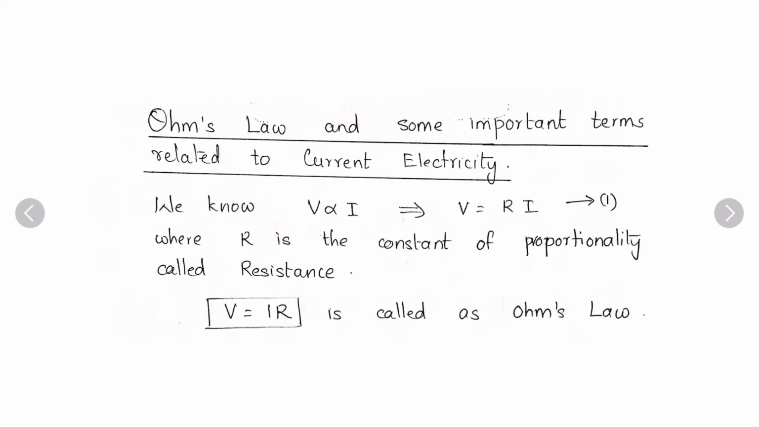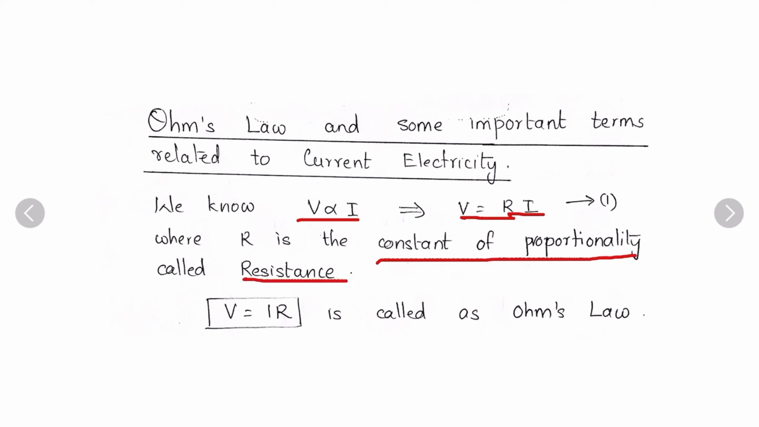So we have seen Ohm's law. V is proportional to I. This is Ohm's law. Voltage and current are always proportional to each other. The next step after proportionality is equal with a constant. So V is equal to R into I, where R is called the constant of proportionality and it is